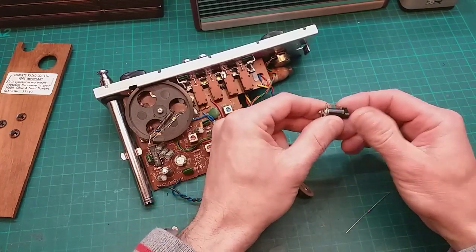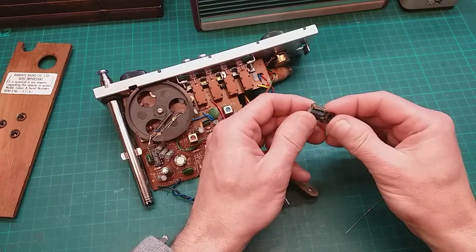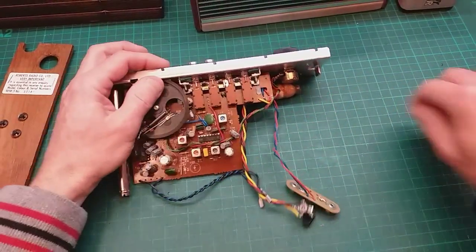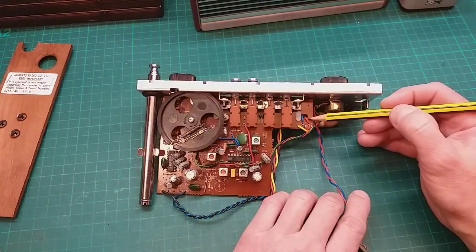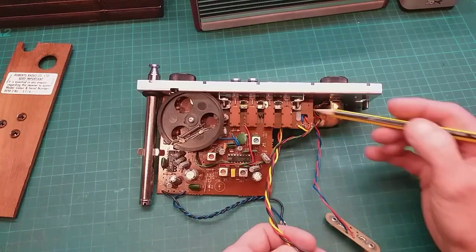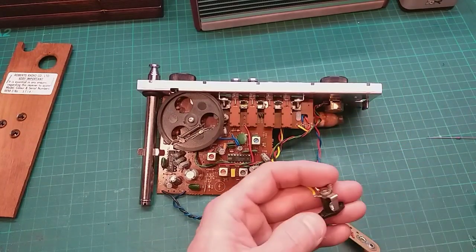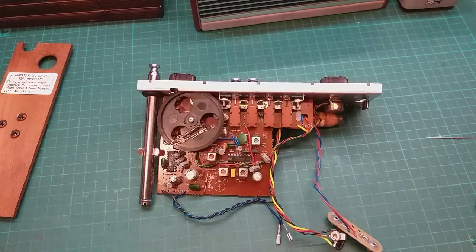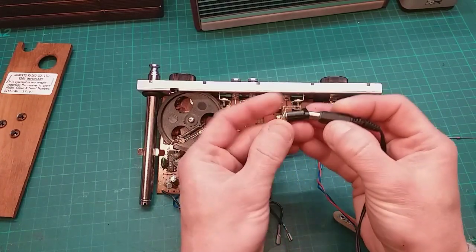Now the way this works, it's a three-way switch, jack, DC jack. The way it works is, let's see if we can work out how it works. Got the positive on the battery going in here, and that also comes out to this line here. But where's that supply? When you put there's